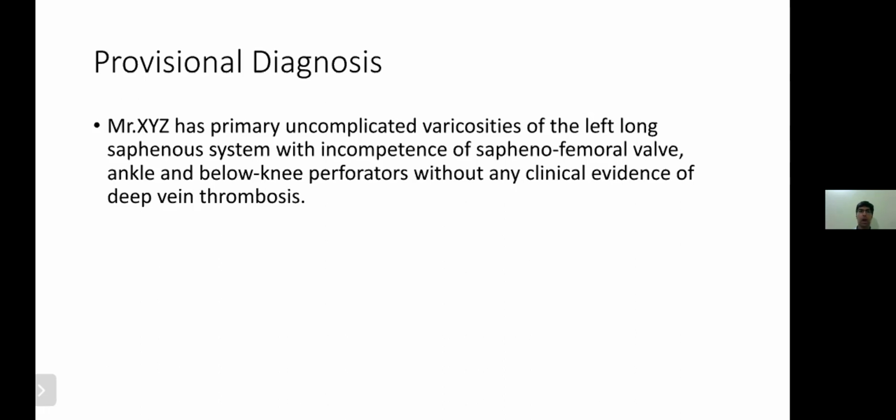Understood? You have to write the CEAP. Evidence of DVT is not important if you have specified it as a primary cause. If a secondary cause, then you have to specify DVT. But perforators involved, system involved, primary, secondary, complications present or not, and CEAP classification. Okay? Got the whole concept of writing the diagnosis. Its importance is again clinical, as I said, in the treatment part. Did everyone understand the test and how to write the classification and the diagnosis?